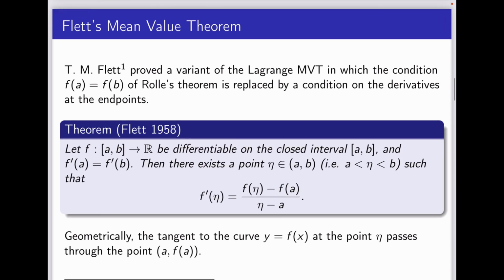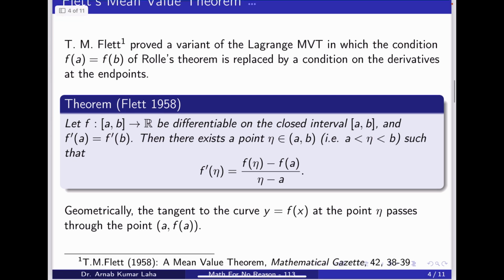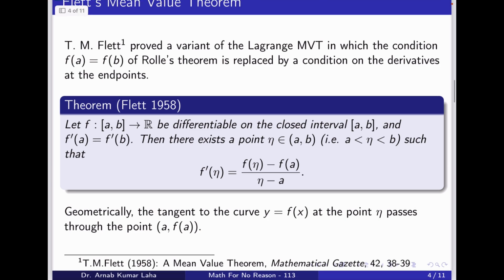Now, Flett's mean value theorem generalizes Lagrange's mean value theorem in a very interesting way. This result was proved by Flett in the year 1958, so it is in that sense a recent result. It says that if f is differentiable on the closed interval [a, b], and it happens that f prime a is equal to f prime b,